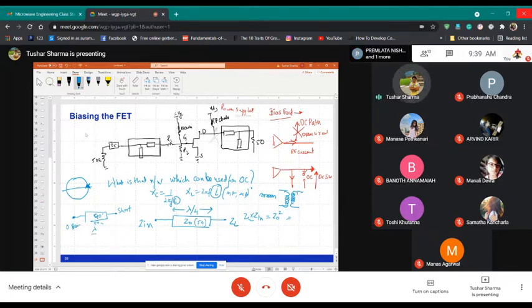Lambda by 4 is what? Lambda by 4 is 90 degrees, right? If you calculate the electrical length, it will be beta L, right? Electrical length is beta L, where beta is 2 pi by lambda, and the length is lambda by 4.